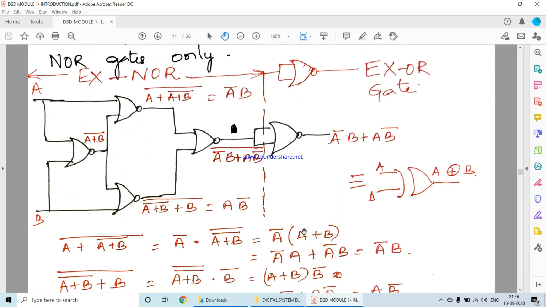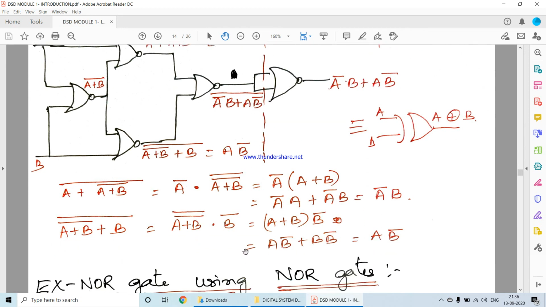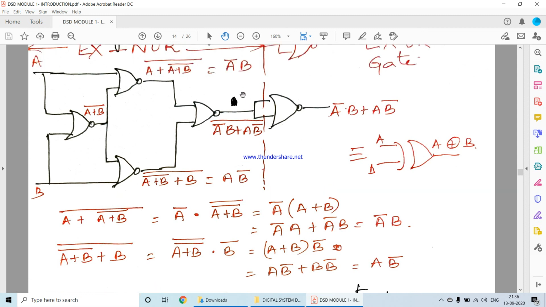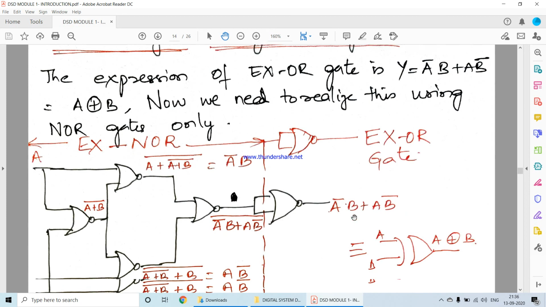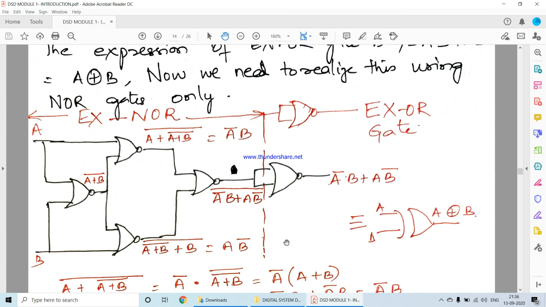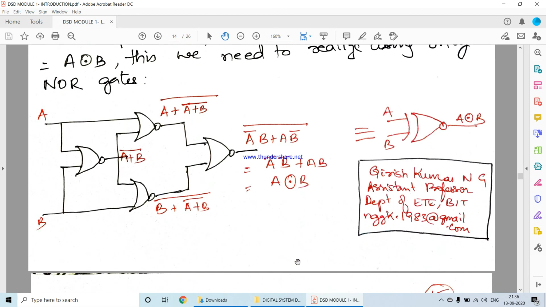Okay, it's clear to you all. So this A plus B the whole bar, I have solved here. You can pause the video and see how I have multiplied. It's very simple. You can easily understand if you know De Morgan's theorem. So how I got AB bar and A bar B is what I have explained here. Alright. So the XNOR gate, I have already told you how to realize it. Half of this is nothing but XNOR. Therefore, the same diagram I have again repeated here.